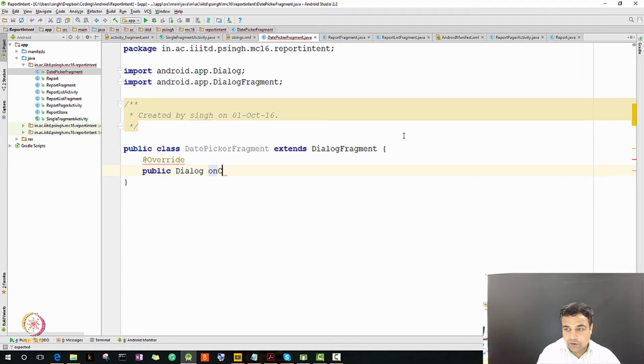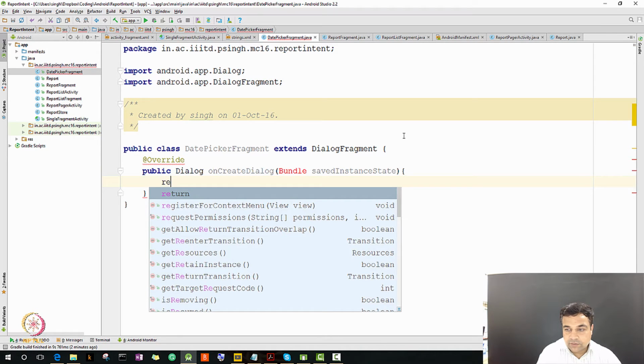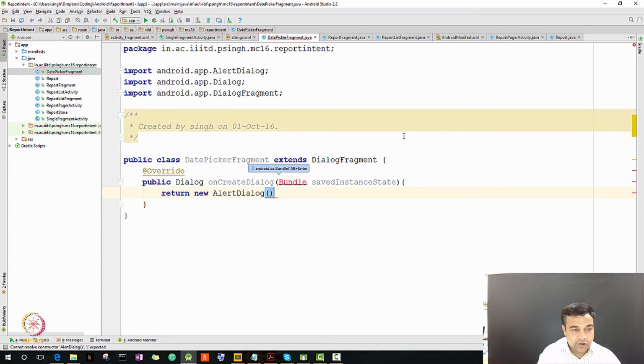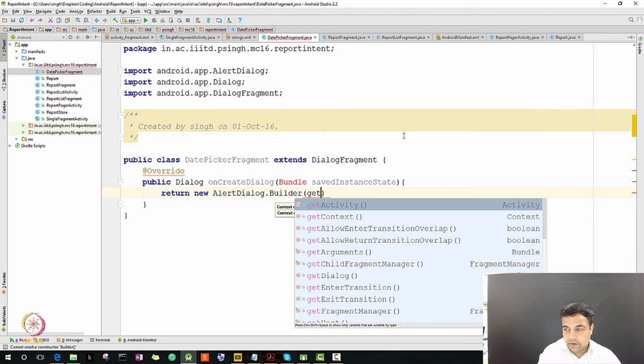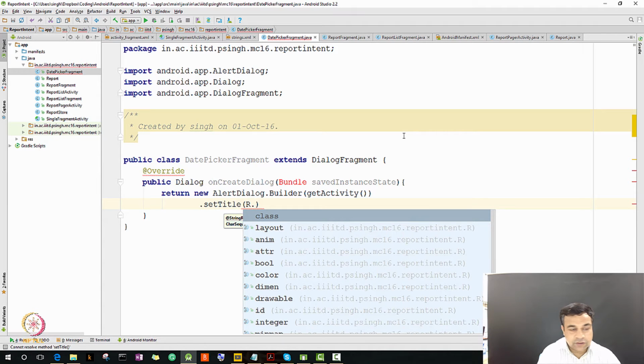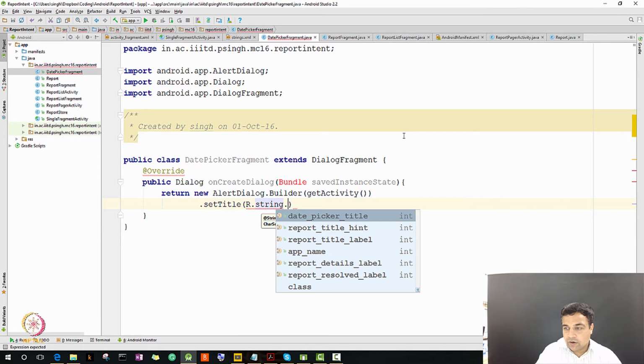So public Dialog onCreateDialog, Bundle savedInstanceState comes in, and we do nothing but just create an AlertDialog.Builder, getActivity, dot setTitle, just the resource which we had just created, R.string.date_picker_title,